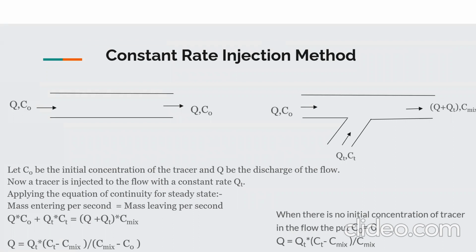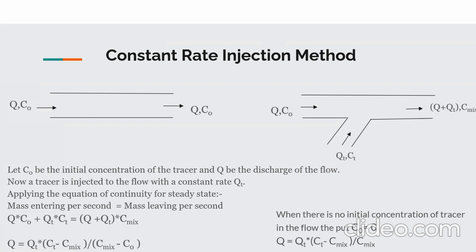Now we would apply the equation of continuity for this flow for a steady state, where the mass of tracer entering per second should be equal to the mass of tracer leaving per second. And the product of discharge and concentration would provide us the mass per second. Hence, the entering mass of tracer would be equal to the summation of QC0 and QtCt, which would be equal